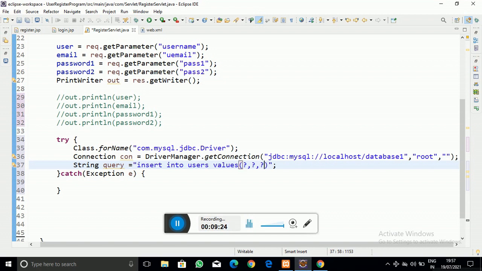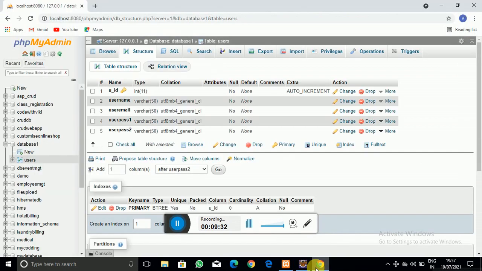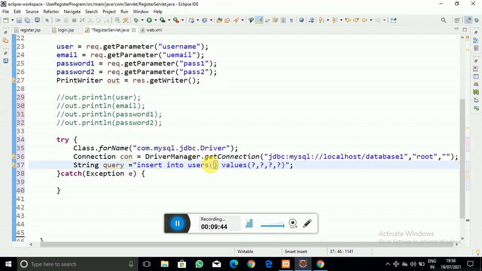So first of all, insert into users, and we have to insert only the username, user email, user password 1 and password 2. We don't require to insert the user ID as it is automatically incremented. So I am going to specify what we are going to add: user email, user pass 1 and user pass 2, and values, you can see that I have taken the 4 placeholders here.